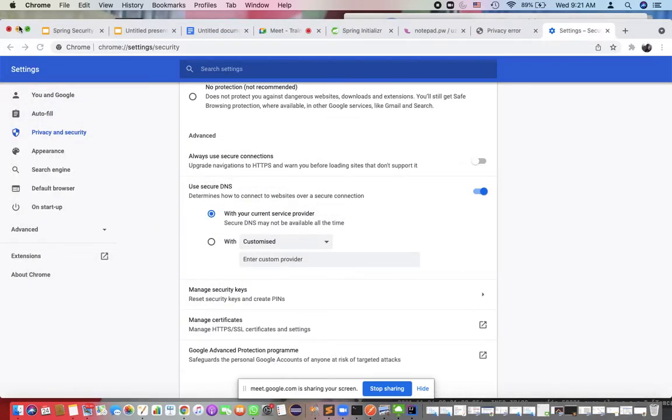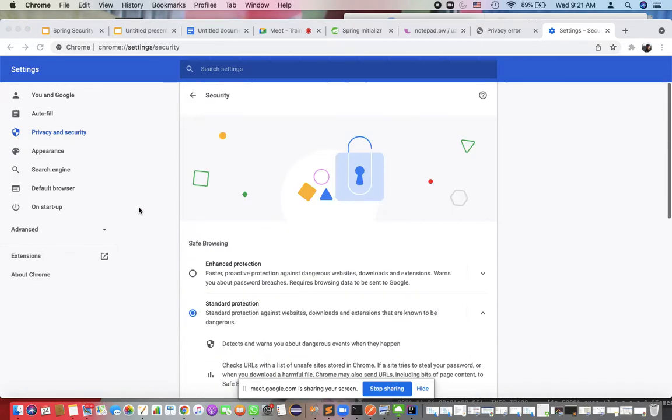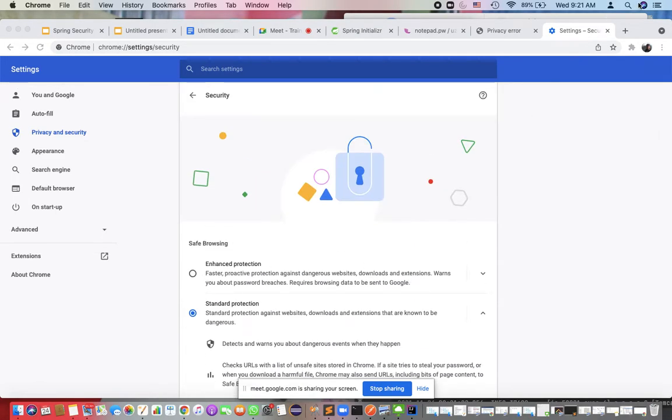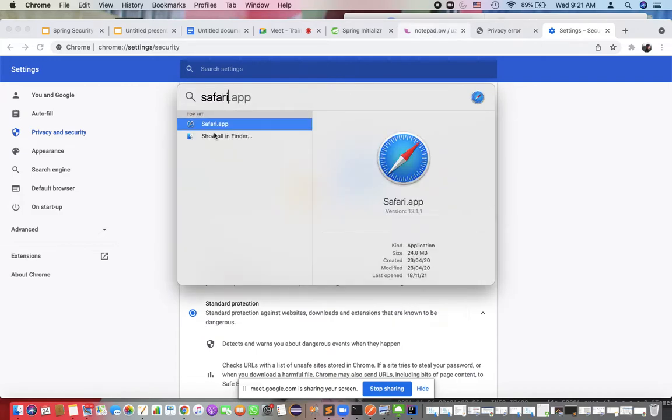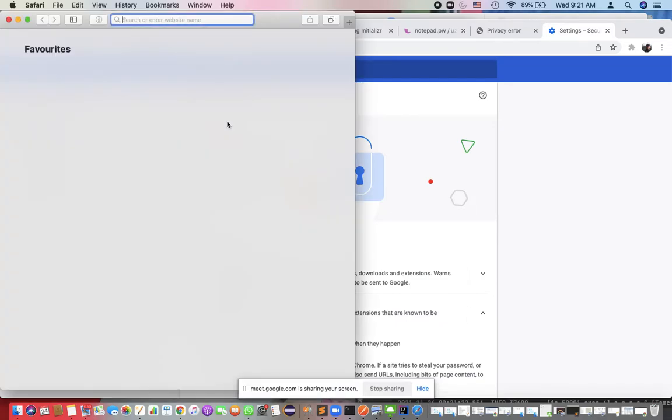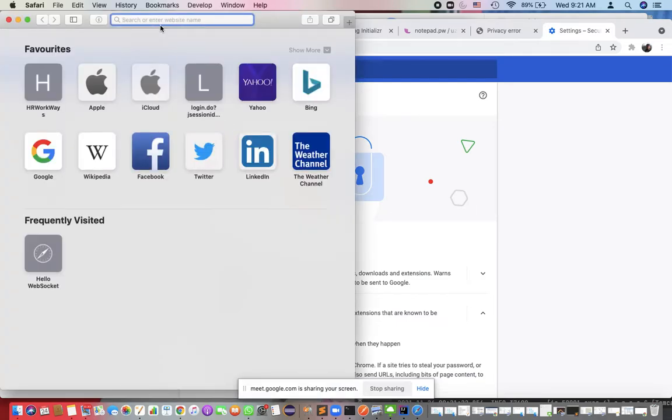Okay. Now the thing is, how you can accept it. If I show you some more, if I have another browser that is Safari. Okay, how Safari browser does, right, if I use here it will say that okay, I got one certificate, it is not authorized, but if you allow me I can use this certificate, right.